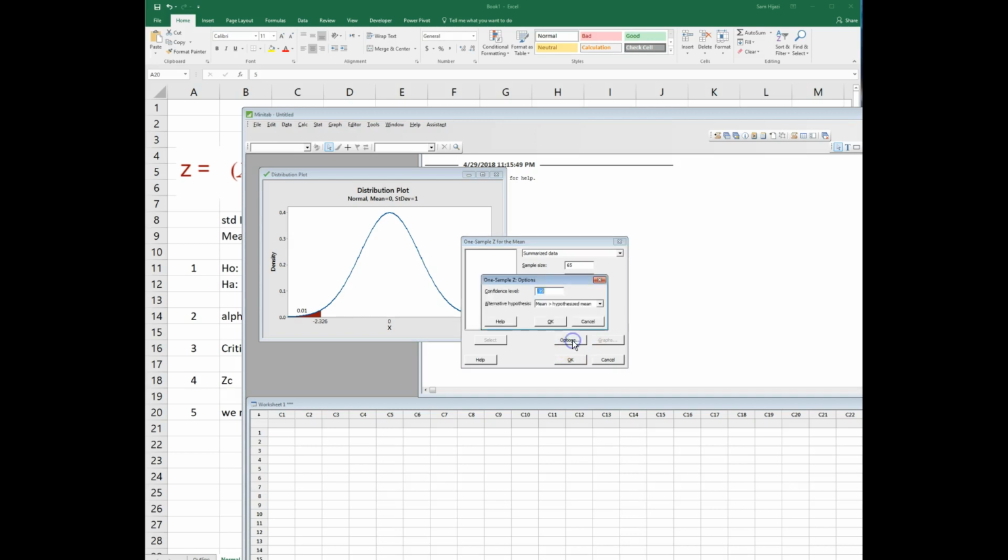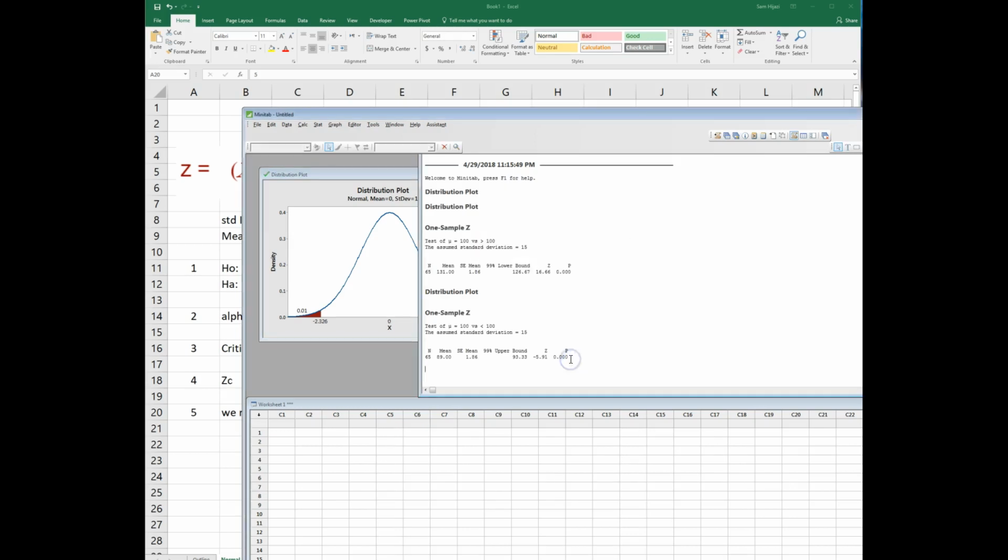I'm going to go to the options. I need to leave that confidence level at 99. I'm going to change the alternative hypothesis to the mean is less than the hypothesized mean, and click. We're going to get a negative value of z, but we don't know if it's going to be less than minus 2.33, even though I know approximately what it is. Let the software help us with that. And notice here we got minus